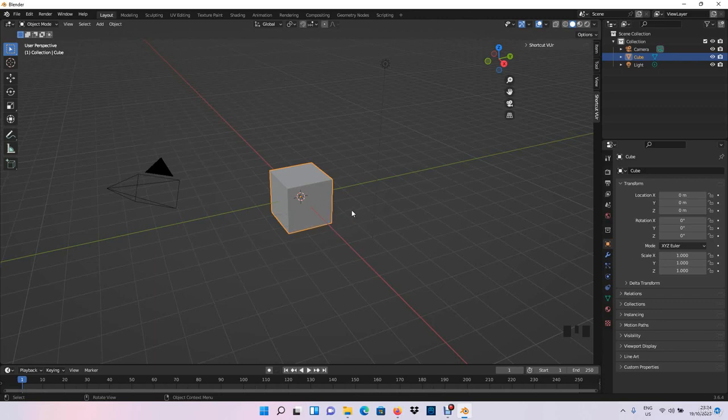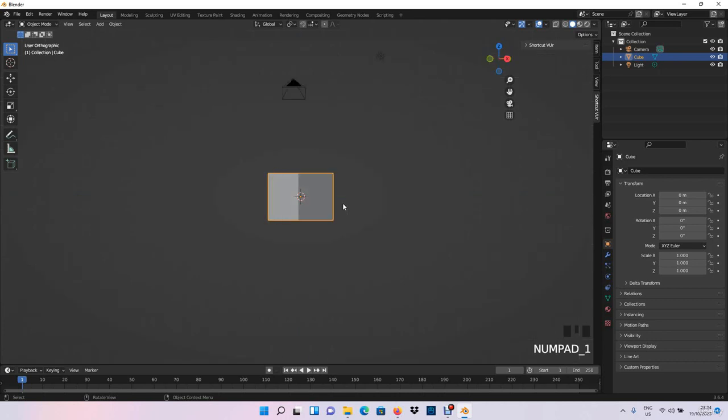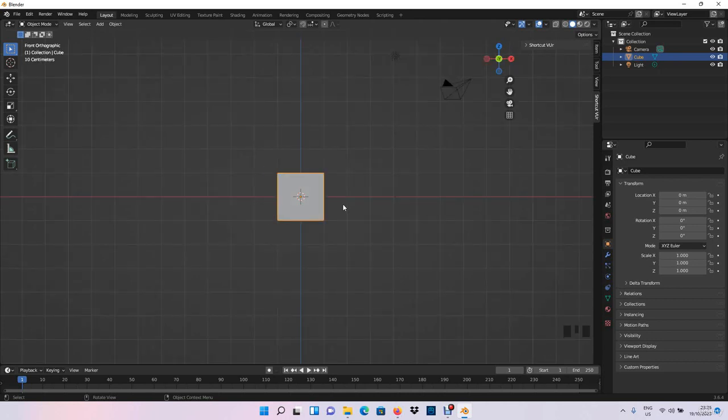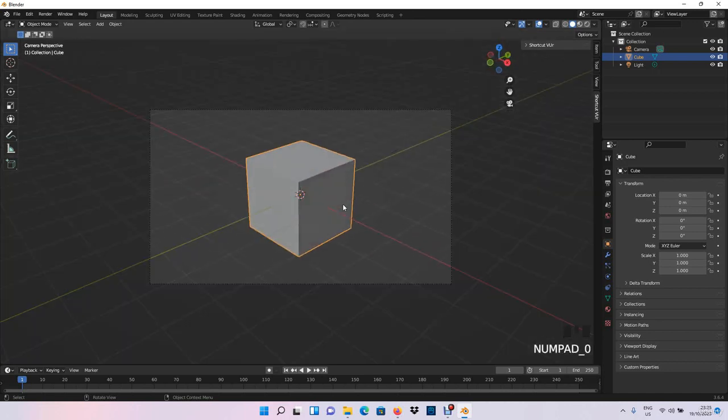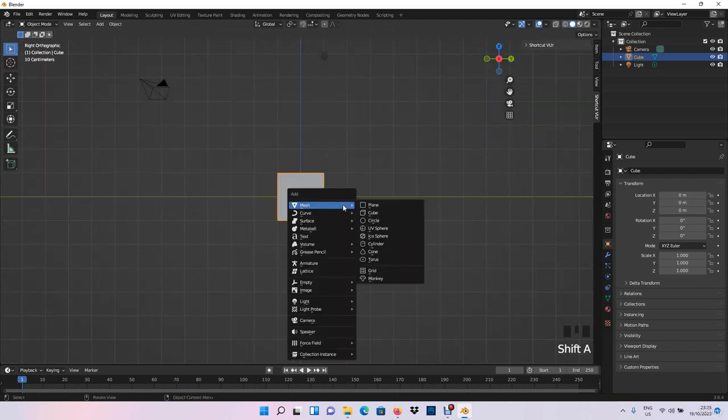Okay, so what we're gonna do, press 3 for the side view, and if you press 1, this is the front view, and if we press 0, you have your camera view, and if you press 7, we have the view from the top. But we are starting with the side view, so press 3, press Shift A, and then we're gonna open up